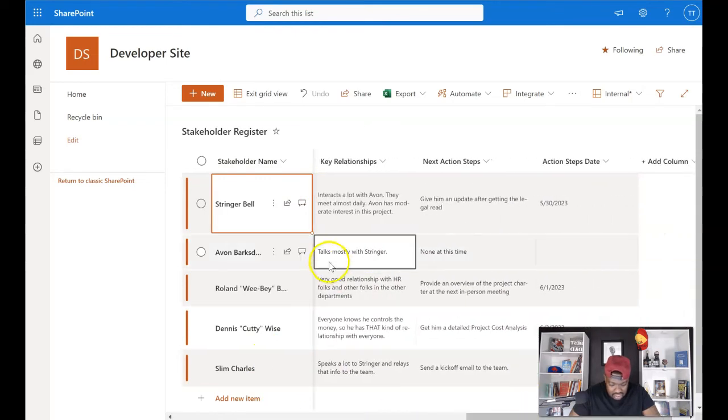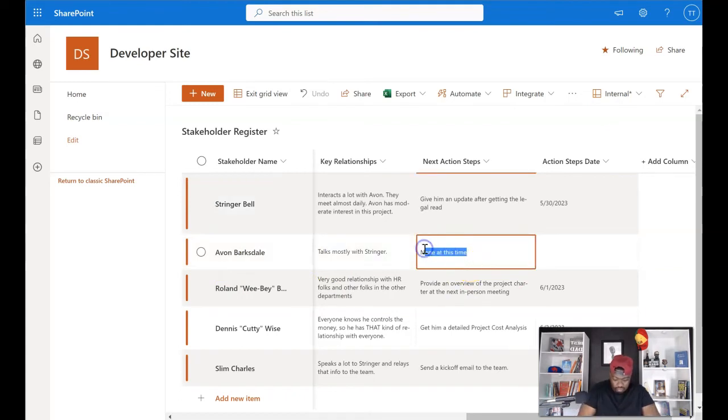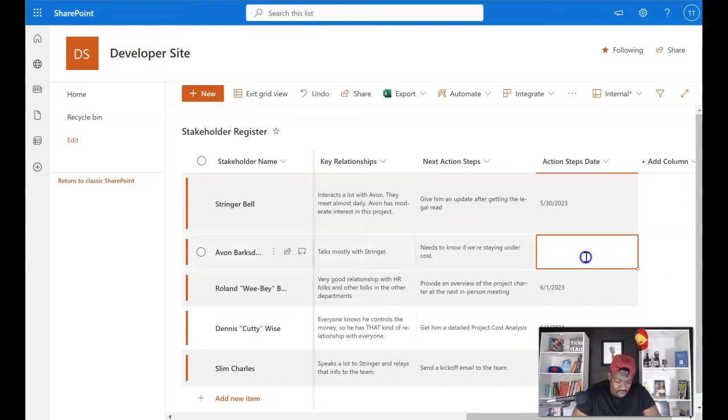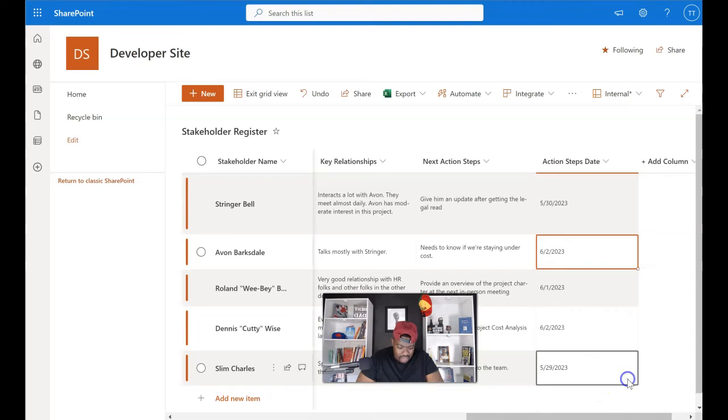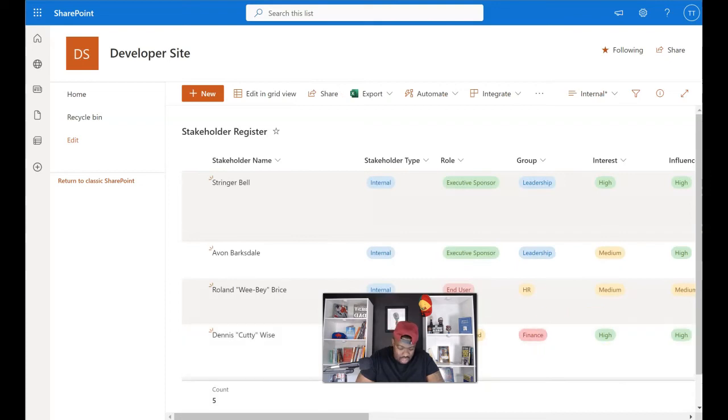So if I'm looking at none at this time, I said I'm on my internal view, and I have an update for Avon. So Avon, I heard he said that he needs to know if we're staying under cost. I'll let him know that maybe since I plan to have the meeting on June 1st, so maybe I'll let him know by June 2nd. I'll probably have some information there. So I'm going to exit the grid view. My update is there,